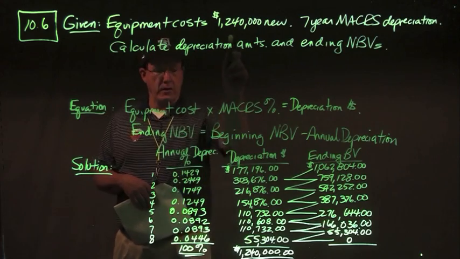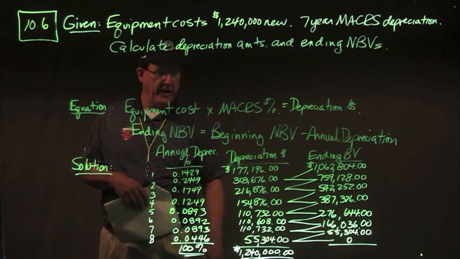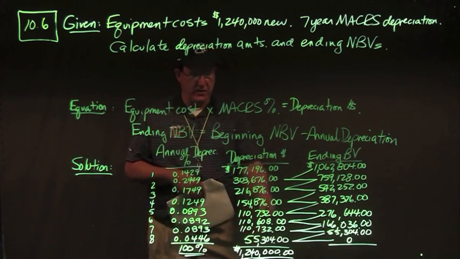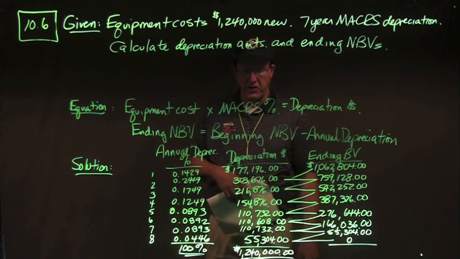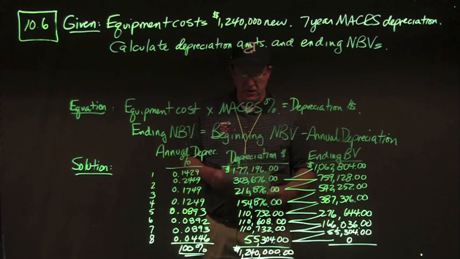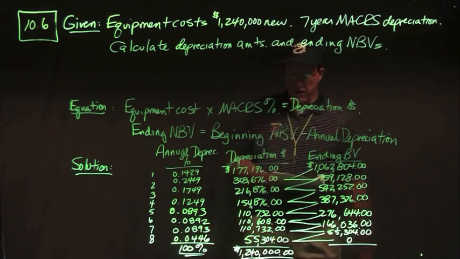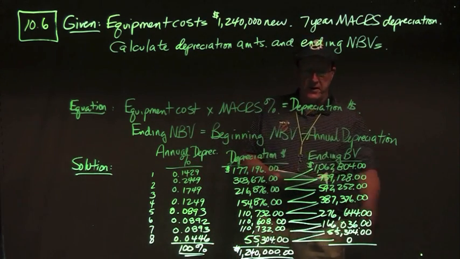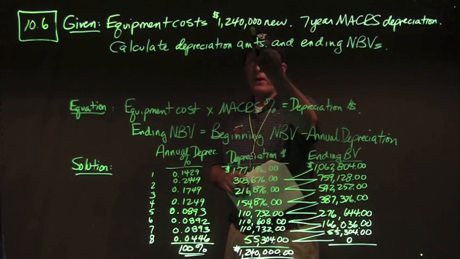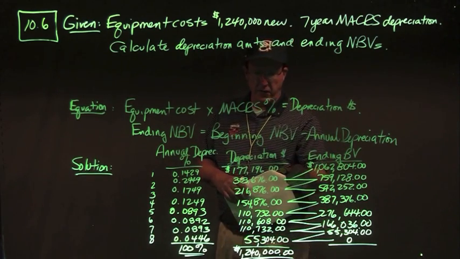I take the cost of equipment times 0.1749, and I get 216,876, and so on. I calculate all my depreciations, add them up, and I should get to $1,240,000. Then to calculate the ending book value, I take the original book value and I subtract the first depreciation,